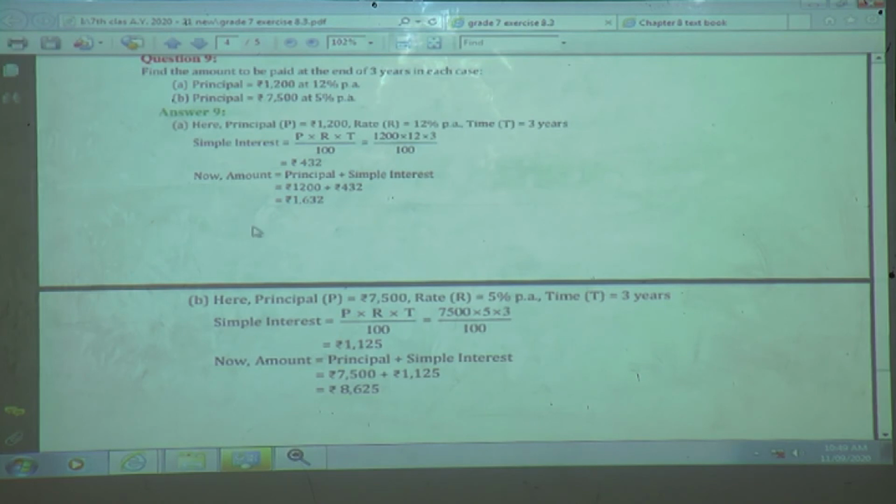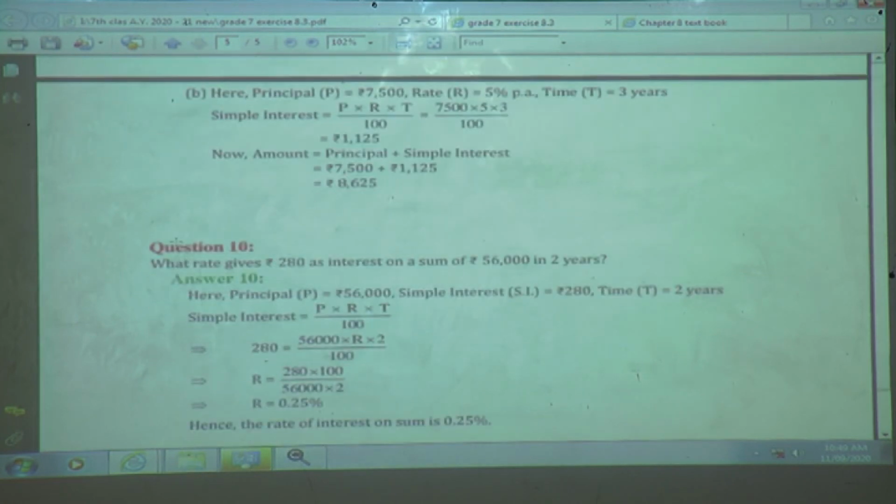Find the amount to be paid after the 3 years when you are taking 1200 rupees. What you have to return is 1632 rupees. In the second situation we will see here, the principal amount is given to us, the rate of interest is given to us, and the time period is given to us. Again substitute the values. SI is equal to PRT upon 100. What is the principal amount? It was different, that is 7500. Here the rate of interest is lower, 5%, and the time period is the same, 3 years, upon